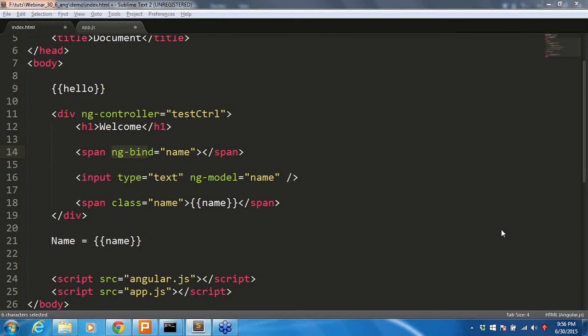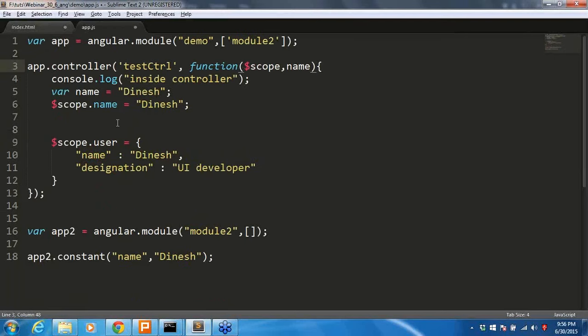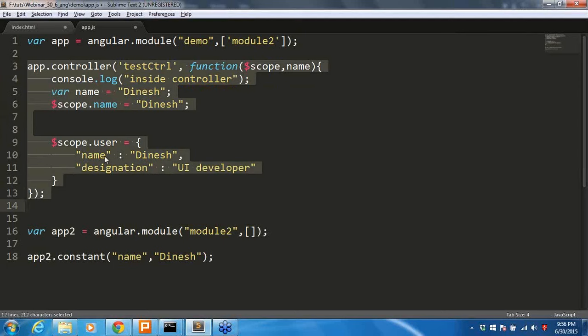From Lokesh we have a question. Is data scope the parent scope of your test controller? Actually, it is not a parent scope of your test controller. Whenever you create a controller, each and every controller has its own scope variable. This scope is specific to your controller. The parent scope for this specific controller is, now we don't have any other outer controller for this, so the parent scope is only the root scope. Root scope is the parent scope of this controller. This scope is only meant for the test controller. It is not a parent scope.